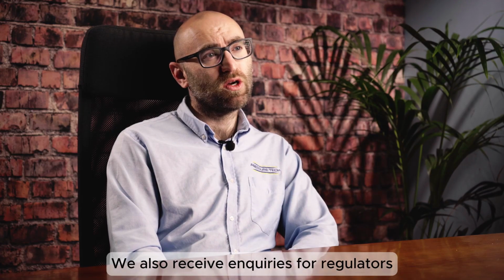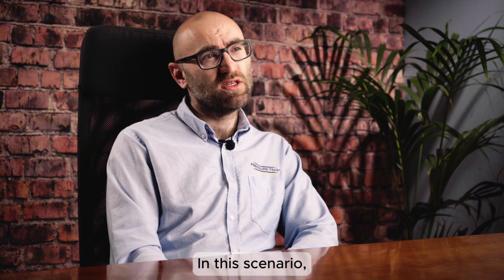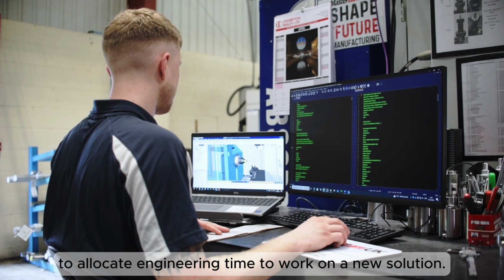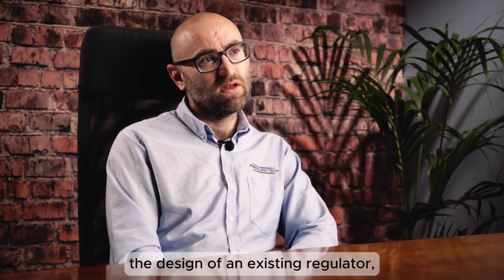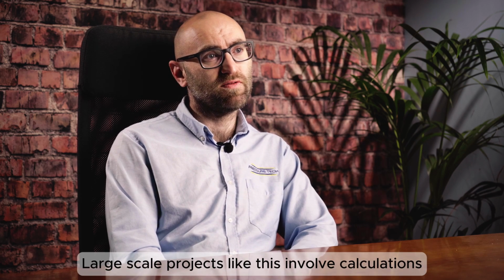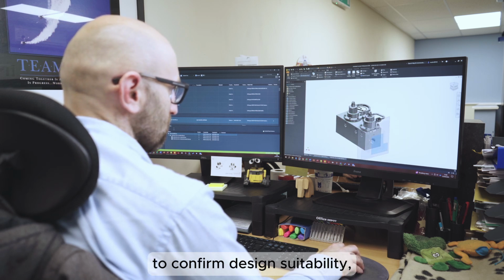We also receive inquiries for regulators which are not within the scope of our existing range. In this scenario, the team initially review these requests to see if we feel it would be viable to allocate engineering time to work on a new solution. This can just mean tweaking the design of an existing regulator, but it may sometimes require the creation of a completely new design. Large-scale projects like this involve calculations or finite element analysis to confirm design suitability for the pressures